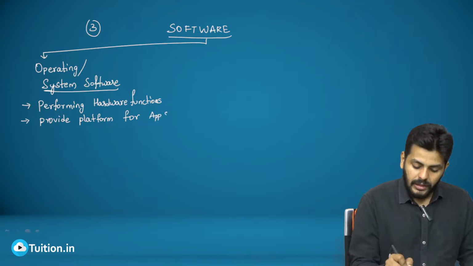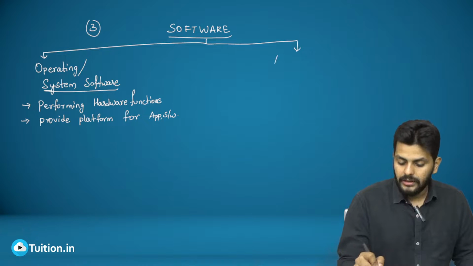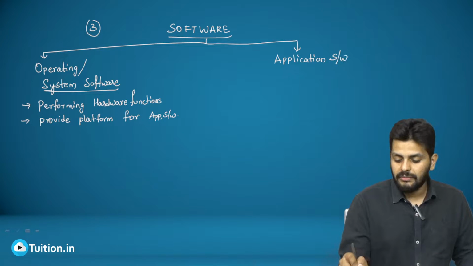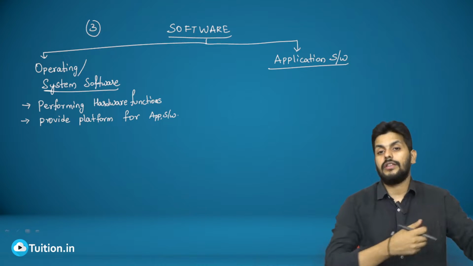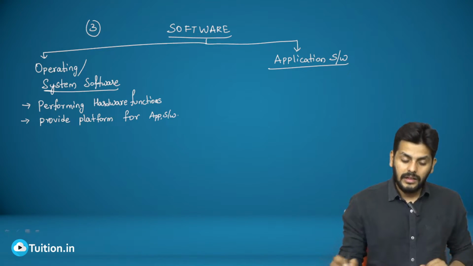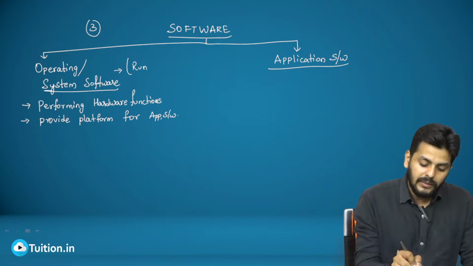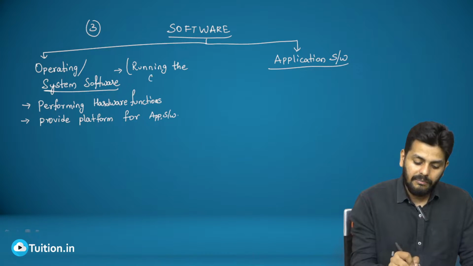application software. So again, you know, right, application software is the other type of software, because application software is something that is used to satisfy specific user needs. They are not meant for running the computer, because running the computer is taken care by the operating system. So if somebody asks you in simple terms, what does the operating system do? Running the computer is the job of